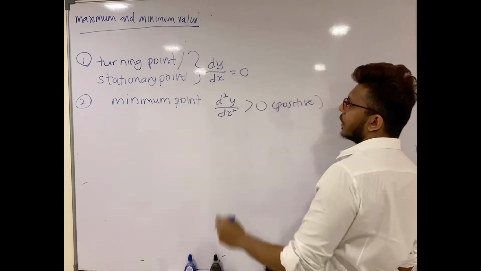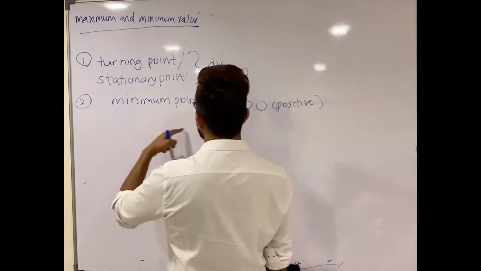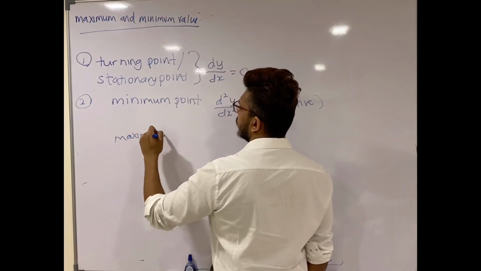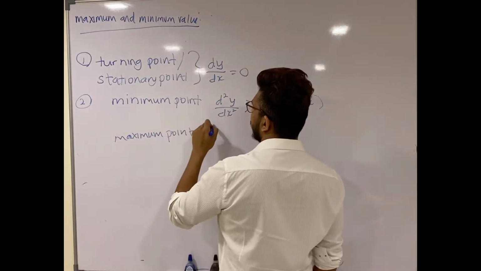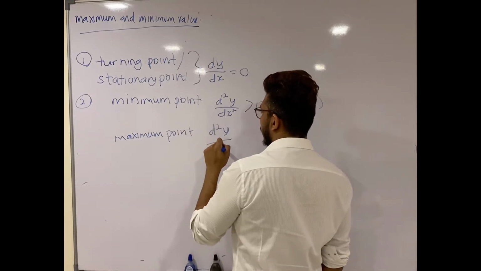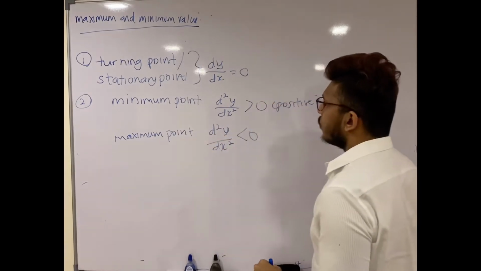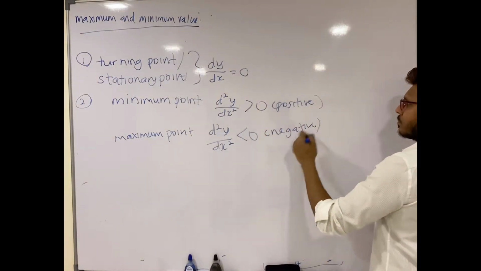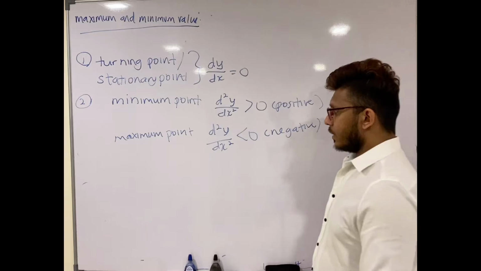Then you will know it's a minimum point. But when you do the second derivative and you realize that the second derivative is less than 0, then you will know it is a maximum point. Now, what's minimum, what's maximum? So if I have a curve here,